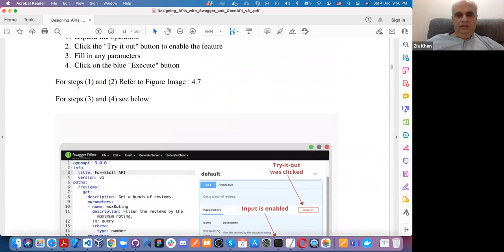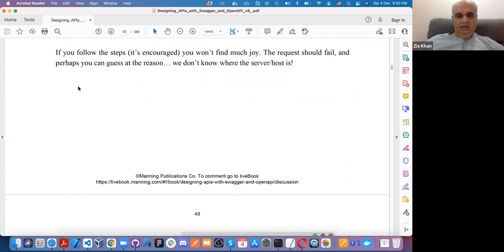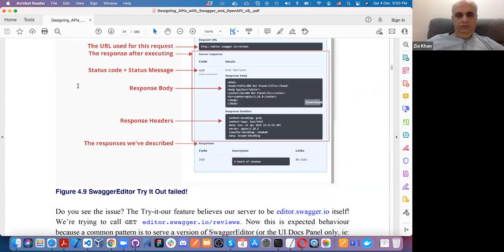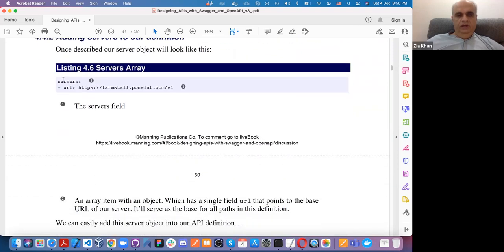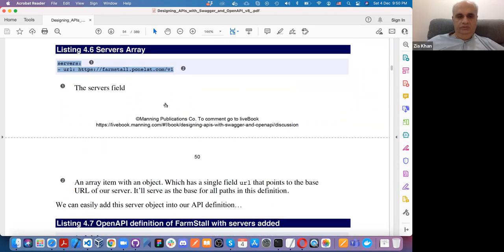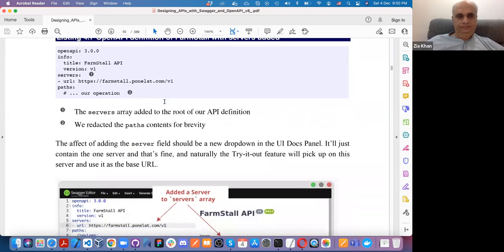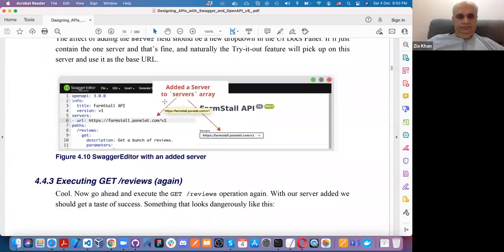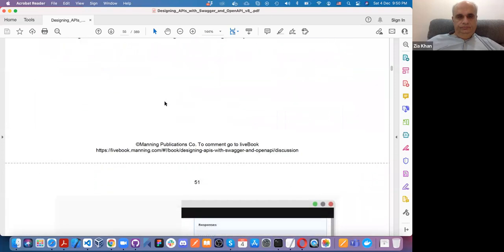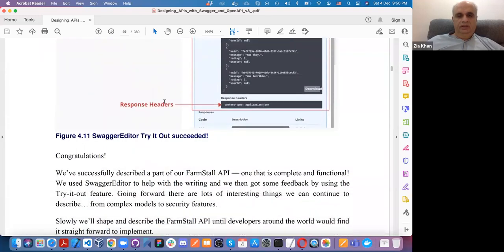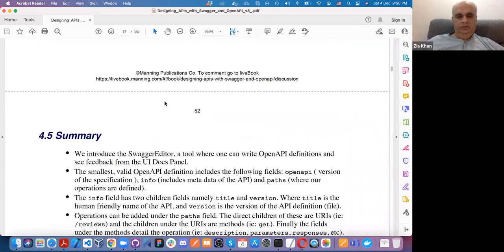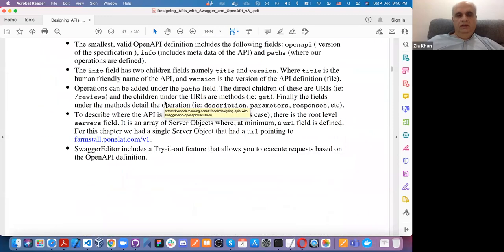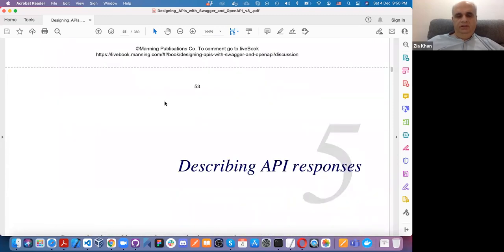You can use Swagger editor to basically test it. The API, we are not doing it right now because we have already put a server URL in it. So this is going to be the base URL for this website or the API, before the path. You can execute in Swagger editor and so on. We have covered chapter 4 also. Basically, we are recapping. We have already covered these chapters.